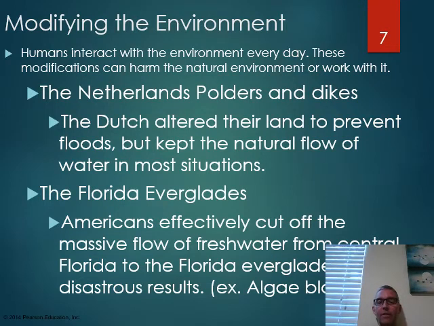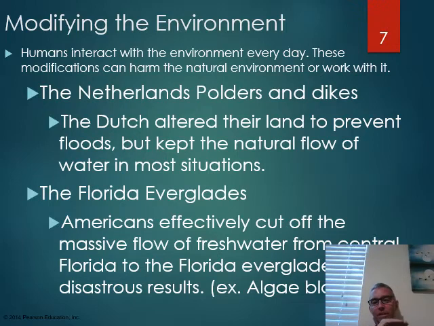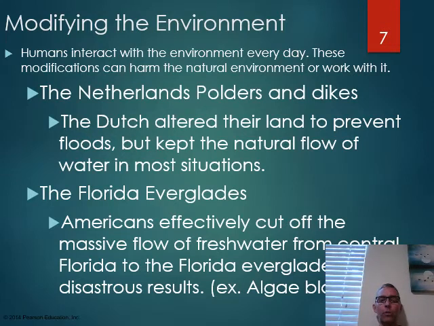Americans have effectively cut off the massive flow of fresh water that starts from around Orlando, and some of you may be familiar with the fact that where Disney World is built, a lot of that was swampland that's been drained. And for the roads that we've built across, if you've been across 75, what they call Alligator Alley, that essentially stopped the flow of water. You can think of Central Florida southward as a slow-moving river. The Everglades is really called the River of Grass. It's a very slow-moving river.